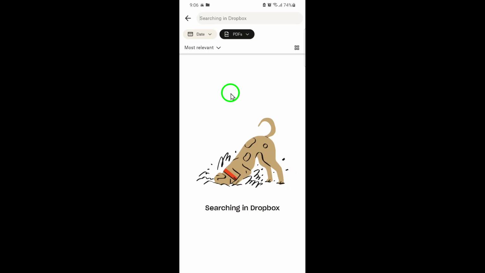Give it a try today next time you want to locate a PDF, and watch how much more efficient your